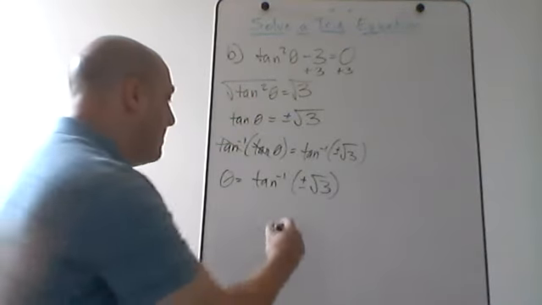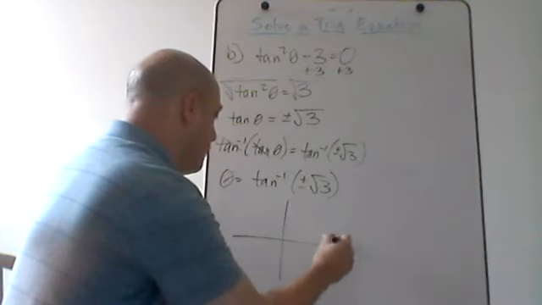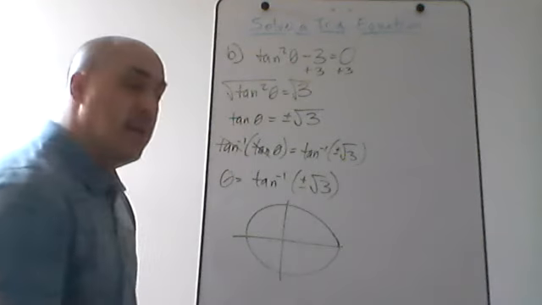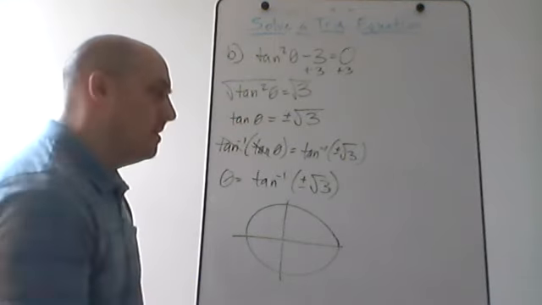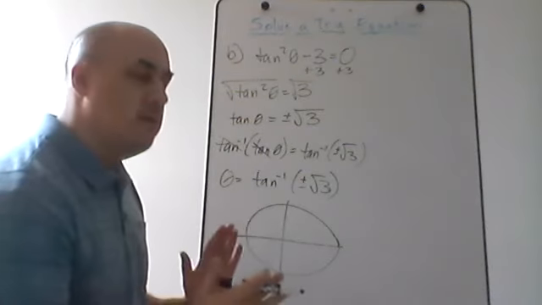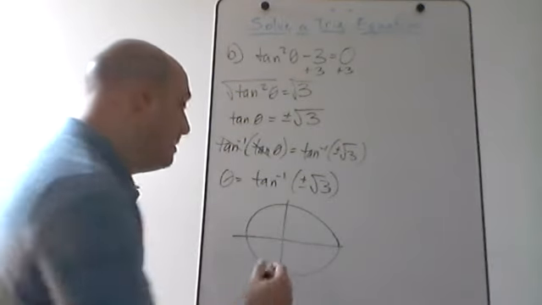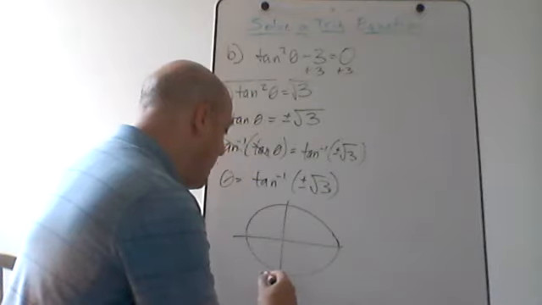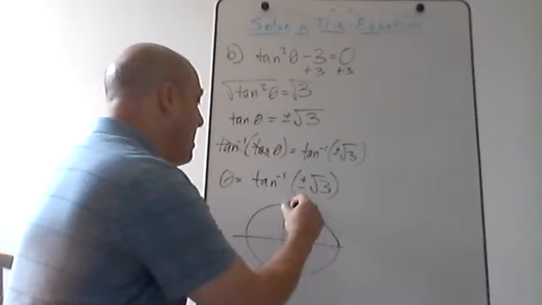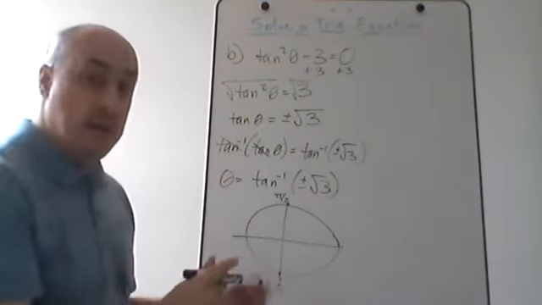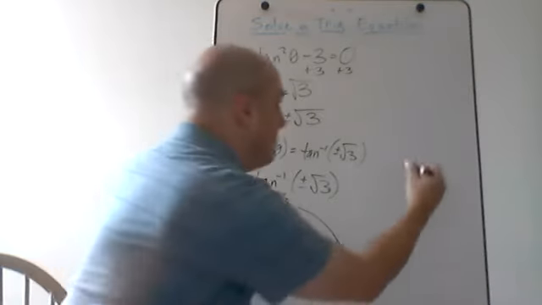So now we got to figure out, if I go to my unit circle, now remember, for the tangent inverse function, the period for the tangent function is pi, right? The tangent function goes from negative pi over 2 to positive pi over 2, right? And then it repeats the graph over and over again, right? If you recall real quick,